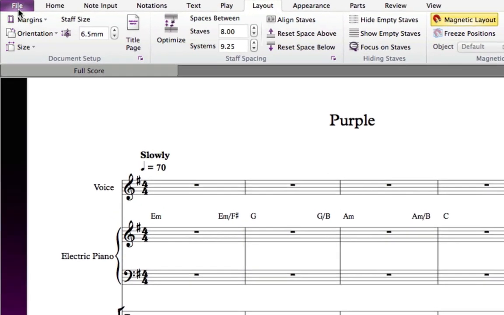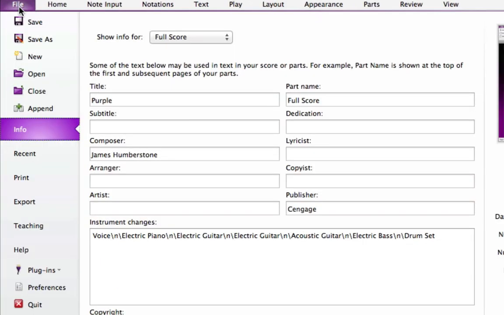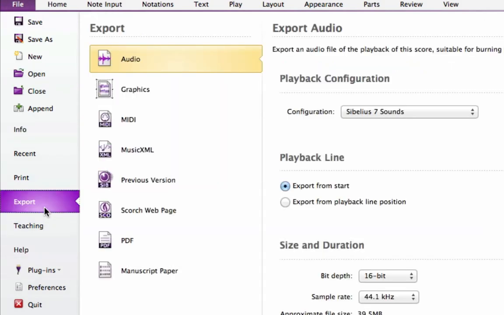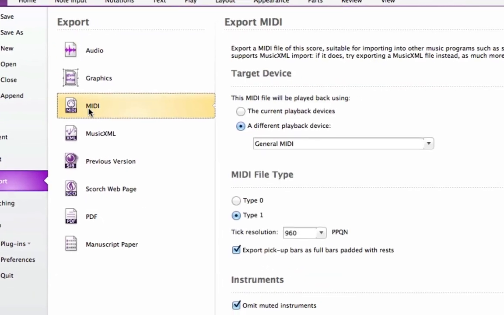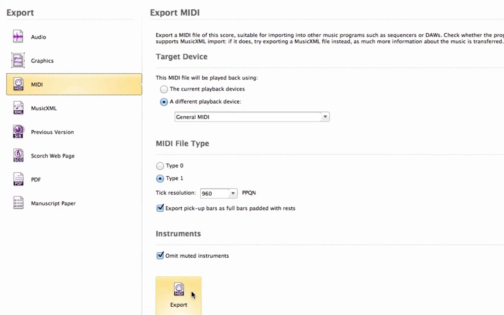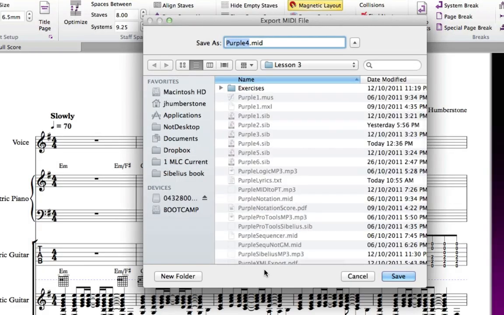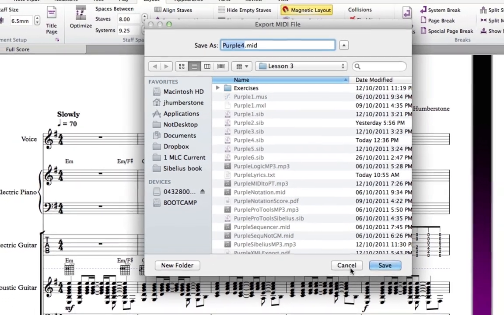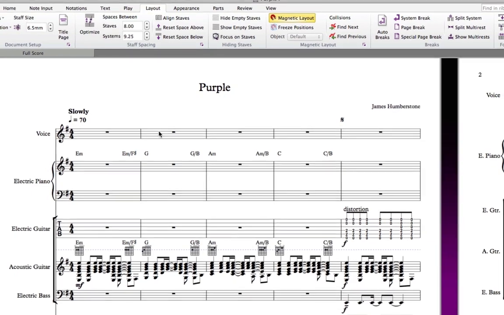To export MIDI, simply go to the File menu, which opens the Backstage. Click on Export, just next to Gwyneth Paltrow, and then click MIDI. The default settings are almost always the ones you want, so just click Export. Your book gives details on how to import this MIDI file into Pro Tools, and the process would be similar